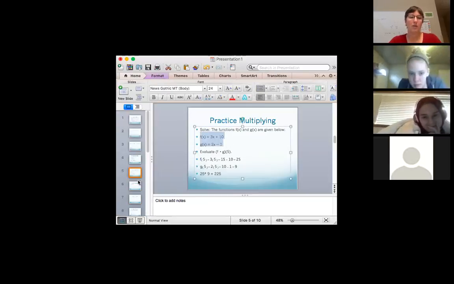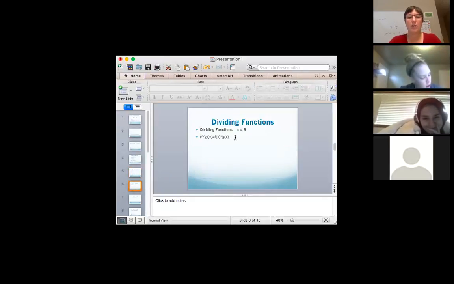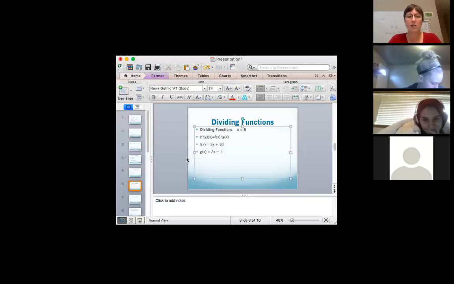Sorry. When I put these together, sometimes I go faster than myself. All righty. So when we are dividing, it's very similar to the multiplication. We're going to take those numbers that we have, and even when it looks fancy,